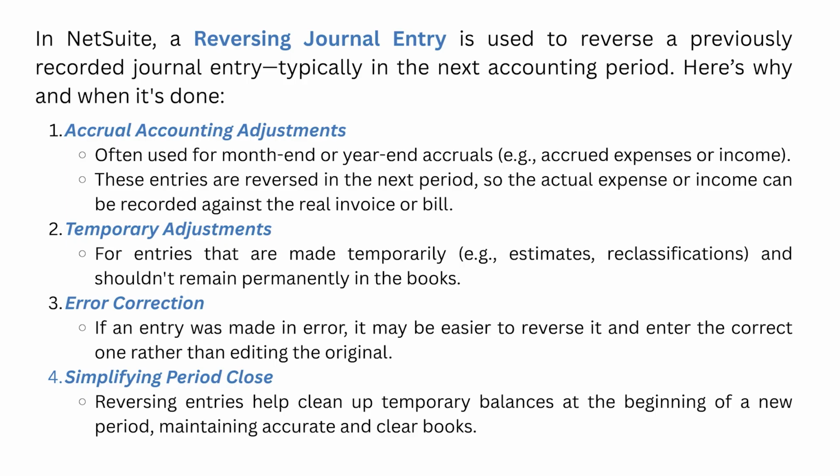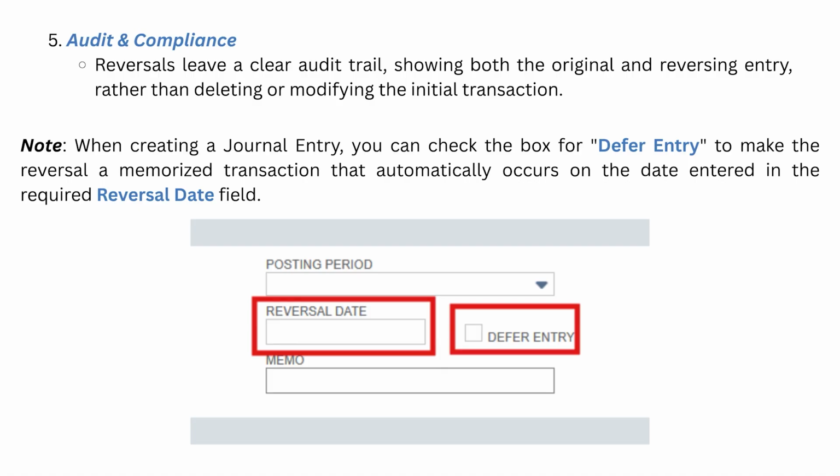Fourth, simplifying period close. Reversing entries help clean up temporary balances at the beginning of a new period, maintaining accurate and clear books. Lastly, audit and compliance. Reversals leave a clear audit trail, showing both the original and reversing entry, rather than deleting or modifying the initial